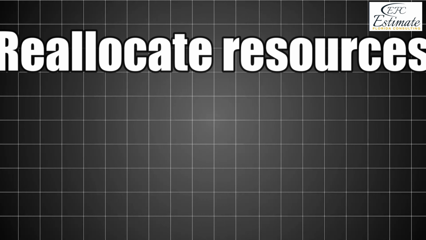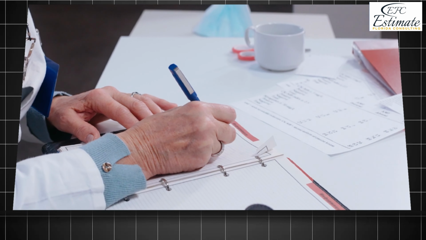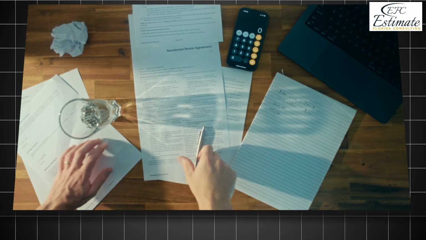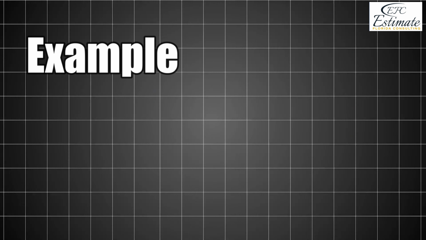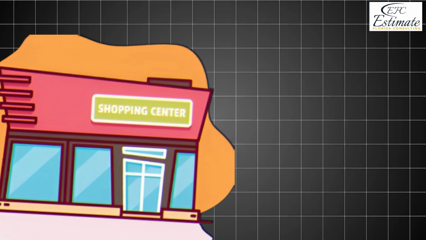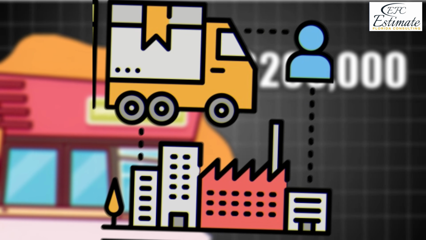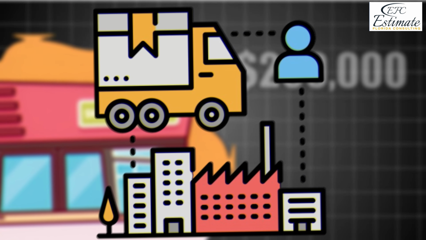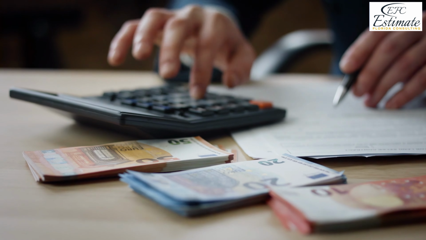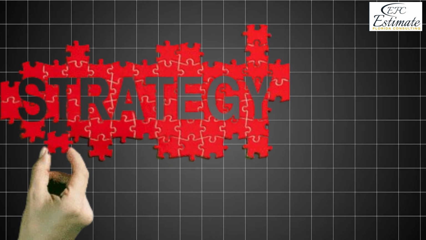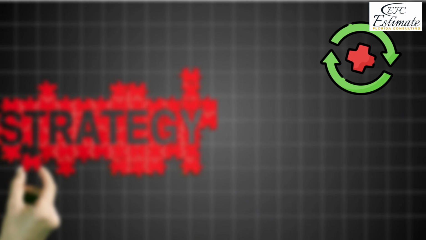Reallocate resources. Focus on completing high-priority tasks first to meet deadlines and reduce penalties. Example: a retail center in Florida recovered from a $200,000 overrun by switching to a local supplier and optimizing its labor schedule. Cost overruns are a challenge, but with the right strategies, you can recover and even avoid them in